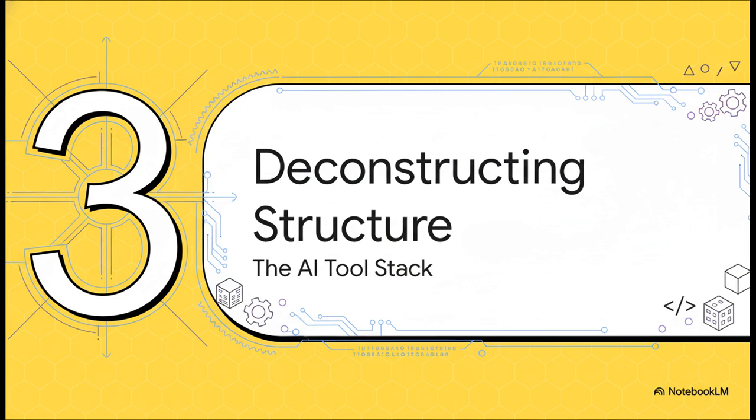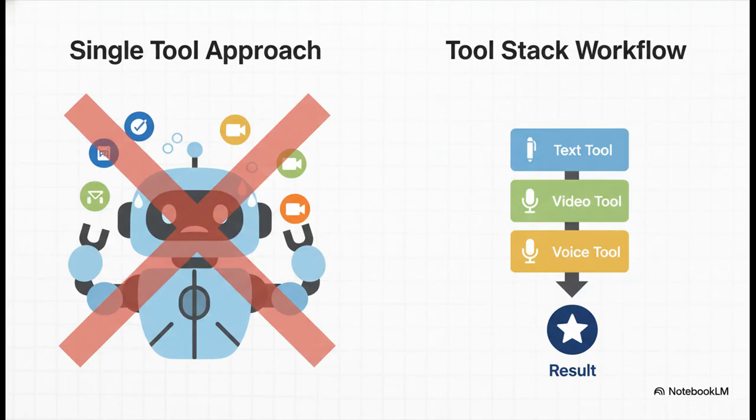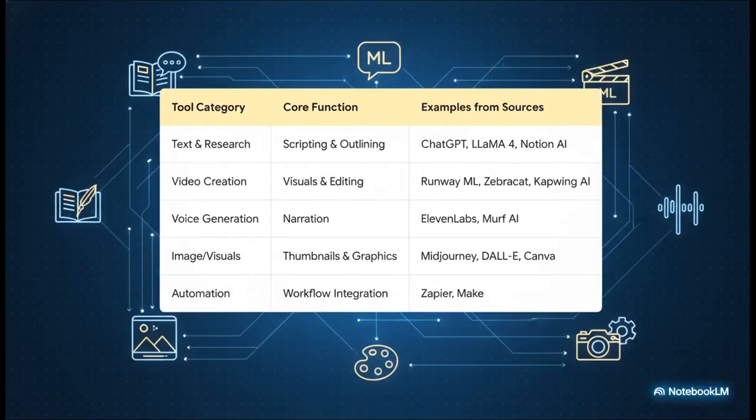So, with the strategy all set, the blueprint moves into the actual structure of the content. This is where it starts laying out the specific AI tool stack you'll need for the job. Now, this is a really key insight. A successful automated system isn't about finding one magical do-it-all AI. Instead, this prompt tells the AI to create a workflow that combines a whole stack of specialized tools, where each one handles a different part of the process, from research to visuals to voice. And this is what turns a simple idea into a full-on production line. The prompt demands a plan that covers every single stage.